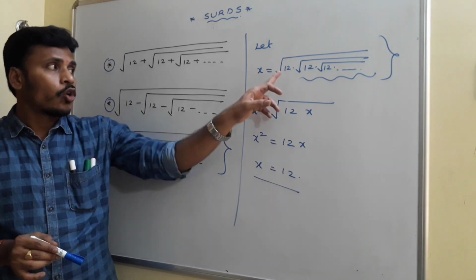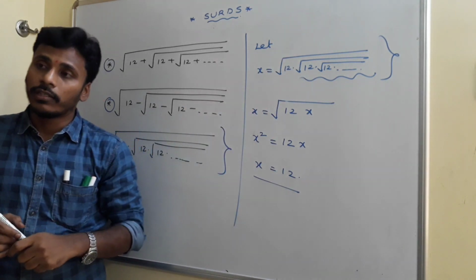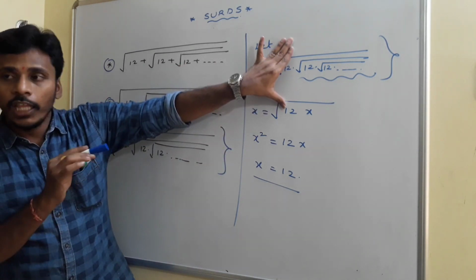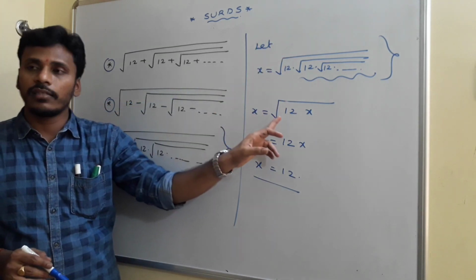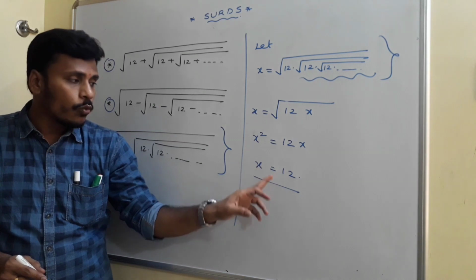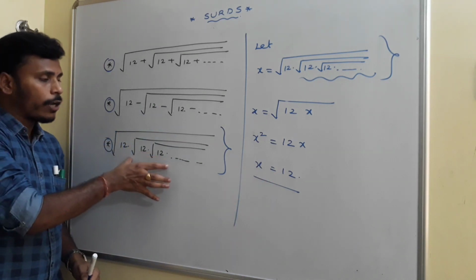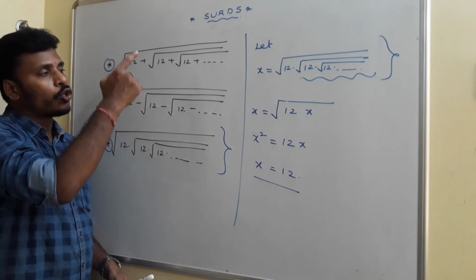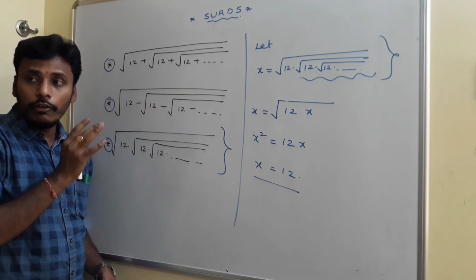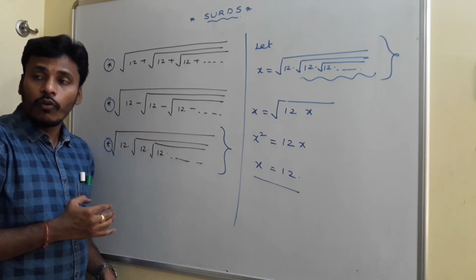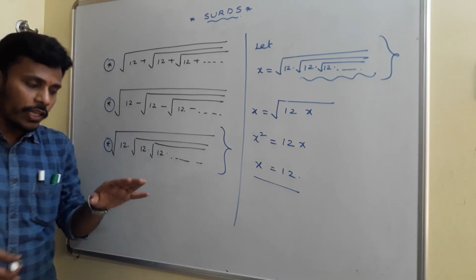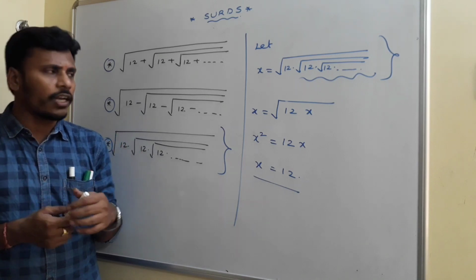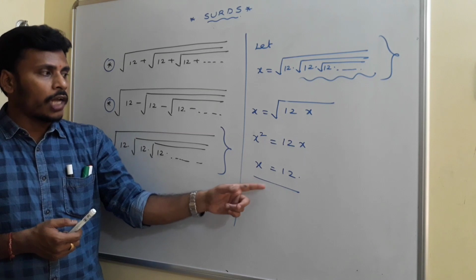Once again, think: it is root 12, root 12, root 12, infinite number of roots and 12s are involved here. To find that value, just let it be x. If you remove the first root 12, again the whole problem looks like x. Then rewrite it as x is equal to root of 12x. If you square on both sides, you will get x is equal to 12, and the approximate value for this problem is 12. Right? The similar procedure is helpful to solve the first two problems also. If there exist infinite number of terms, you just remove the first one and take the remaining as the same x. That is a small trick to solve these problems. So the answer is 12 for this question.